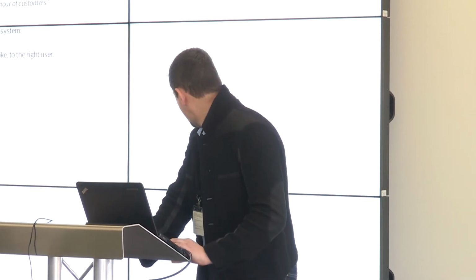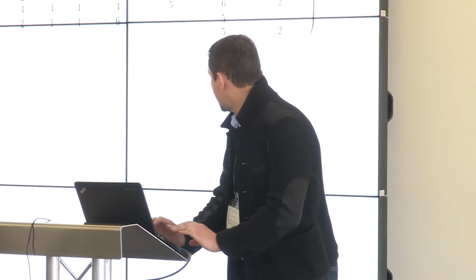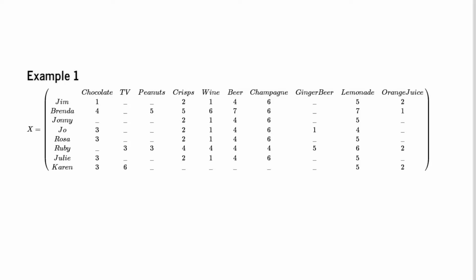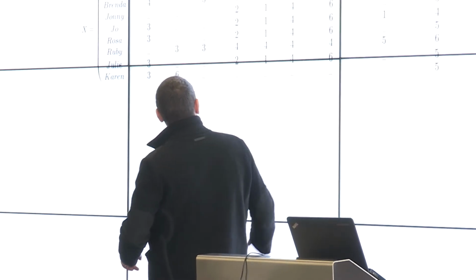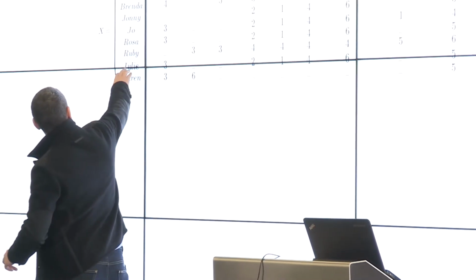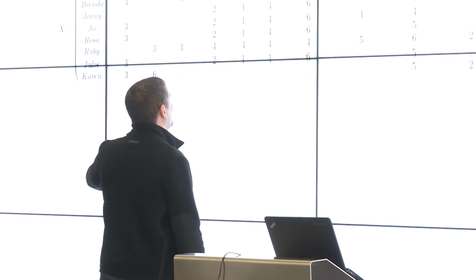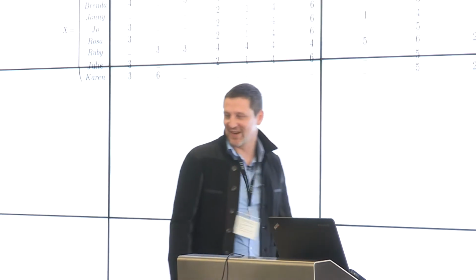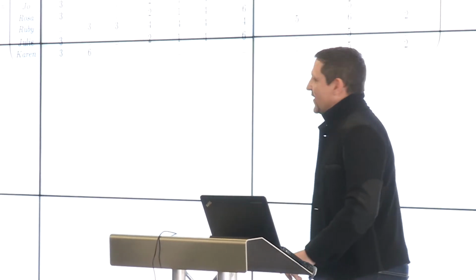So the best way of thinking about this, and the guiding structure for all of this, is a matrix. And the type of matrix we have is this. This is my family, and these are what they do. They drink ginger beer and lemonade, and occasionally we drink a lot of champagne in our house, which is really nice. So this is a user-item matrix. My sister Julie has bought 3 bars of chocolate, and my daughter Rosa, who's 10, has drunk 6 bottles of champagne. So that's the kind of matrix.